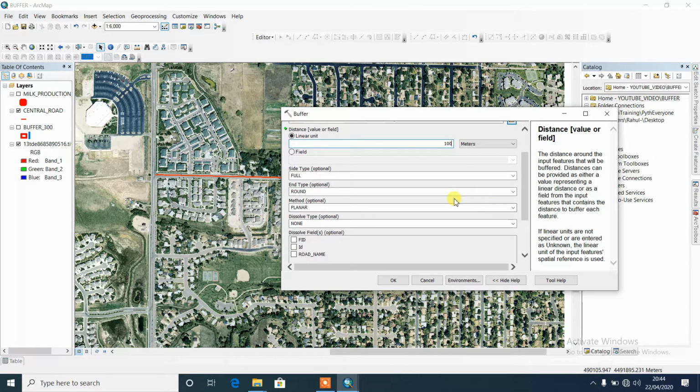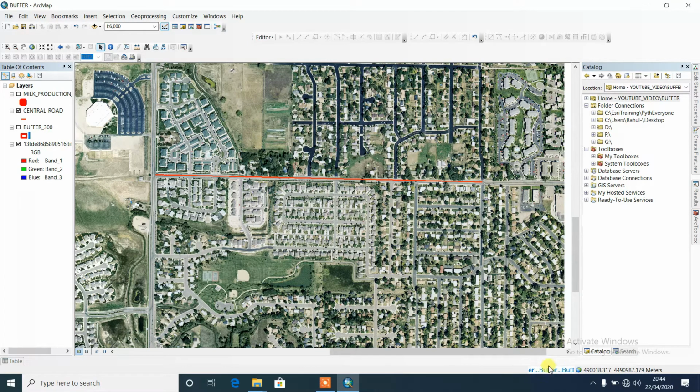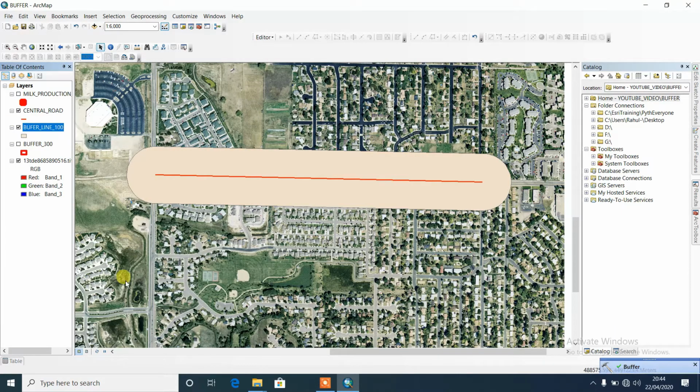Here two options are there, round and flat. What is the difference between these? I can show you. For the first one I choose round, then okay, it's running here. See, it's generated.